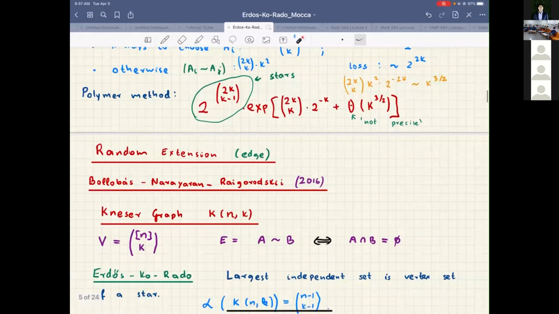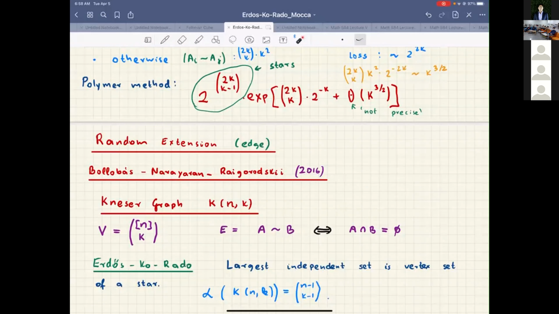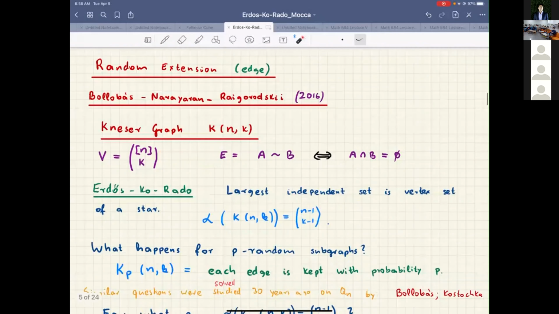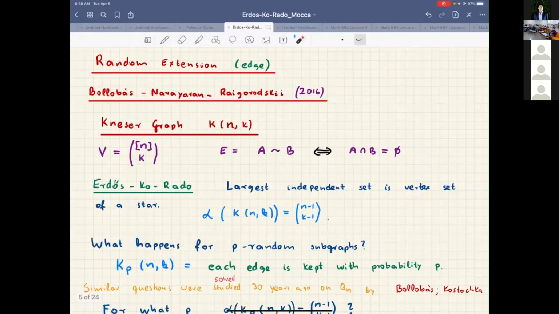Okay, so maybe it's a good point to ask a question if there is any. If no question, then I'm talking about another extension of